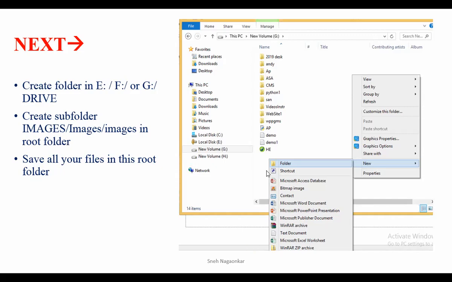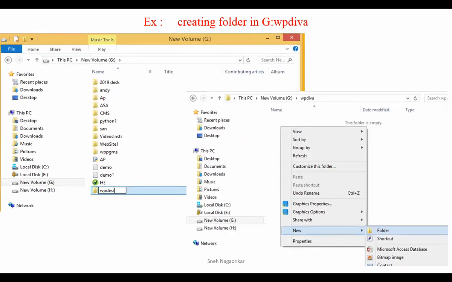Hope this is clear. First choose the G drive. Then right-click for New Folder. After clicking on folder, this is what I got. Once I clicked on New Folder, I named the folder WP division A. First I went to This PC, G drive.